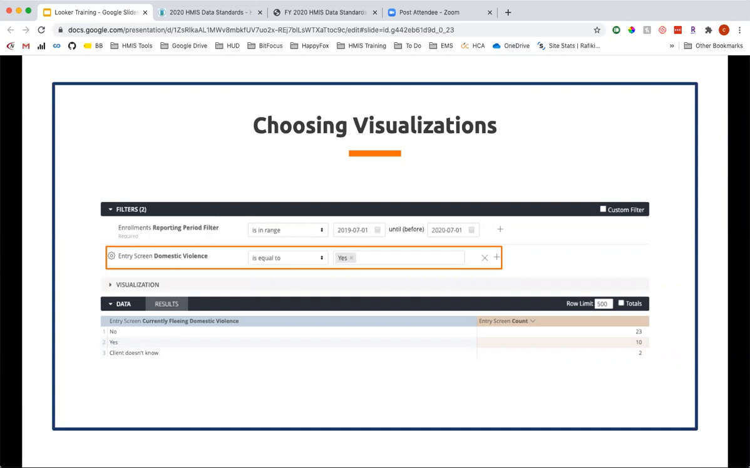In order to visualize this data properly, we need to think about what the data actually entails. We know that only adults are required to answer the question asking if they've ever experienced domestic violence. We could add a filter for adults only to narrow our data down so that only enrollments where the question